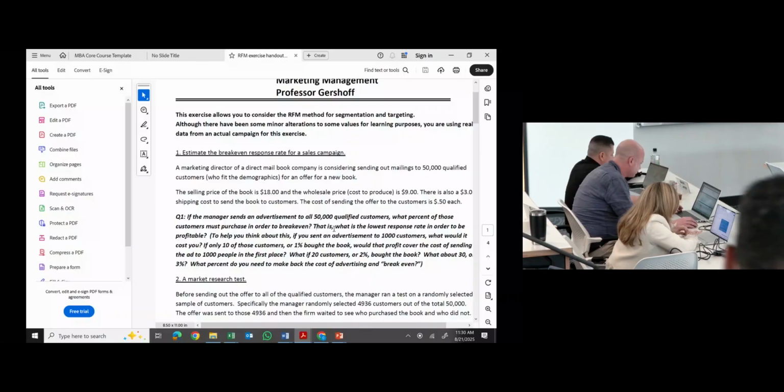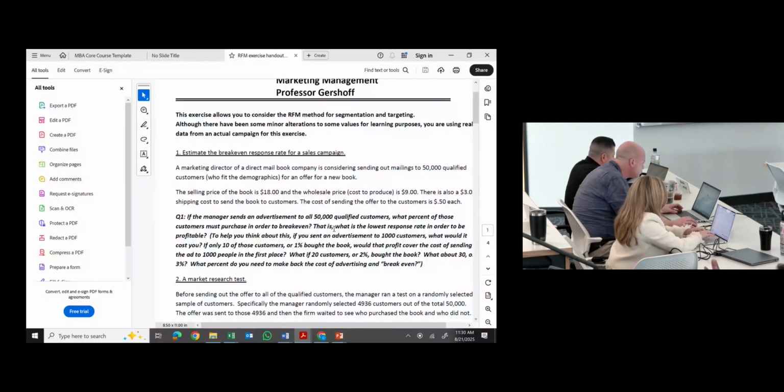$6. You're assuming you only spend the advertising money on those people that buy books. So let's say you had 100 people, you'd spend $50 advertising to all of them. Think about it as a one-time $50 cost. You've got to make that up. If nobody buys books, you're not gonna get your $50 back. We want to determine just how many buyers